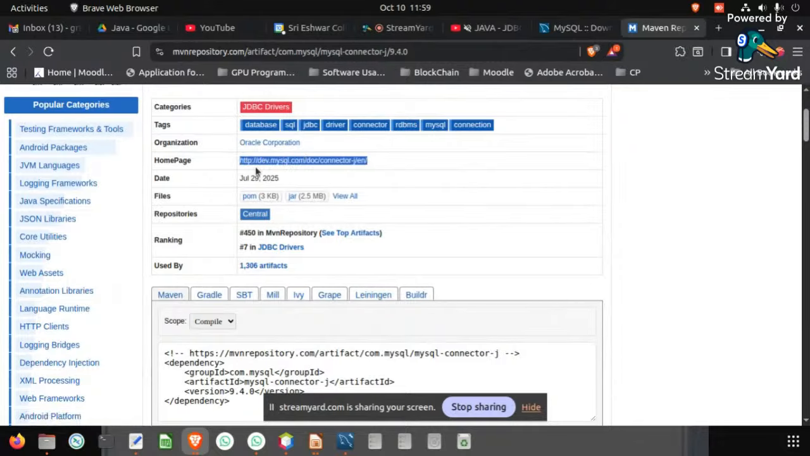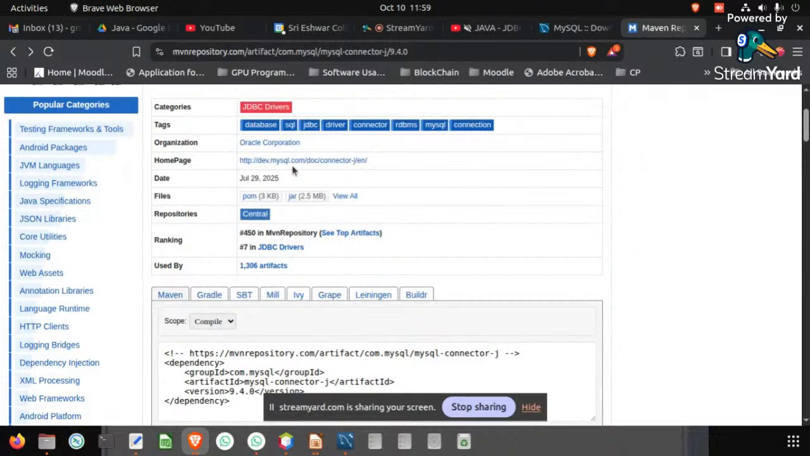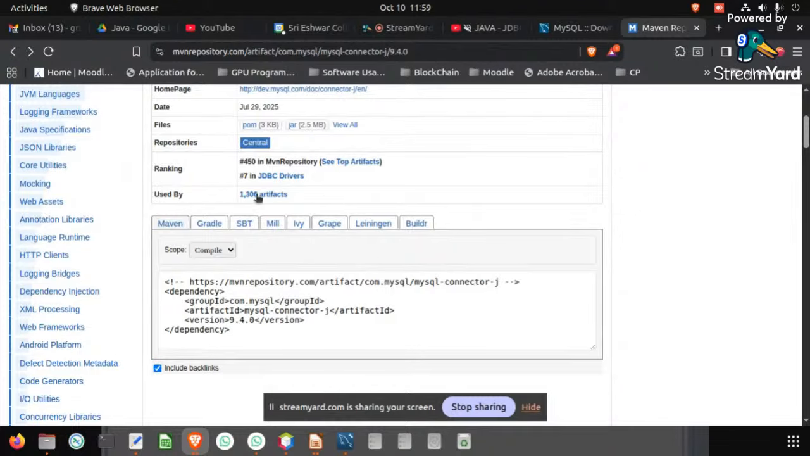This is the home page where it is located. For files, we have this POM file, jar file, and a lot of other types of files. We don't want that. Just for your information, I'm telling this. And at the bottom